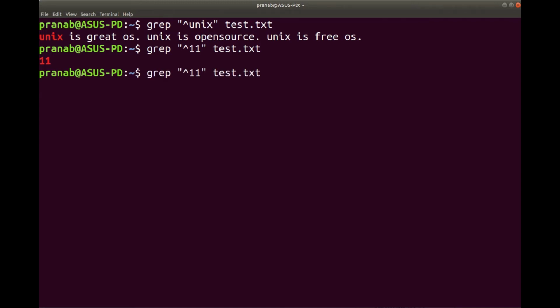Similarly, there is one more option, for ending with. You can use the dollar sign at the end of the word. All the lines which end in the word Unix will be displayed. In this case we don't have any such line, so let us look at the file.